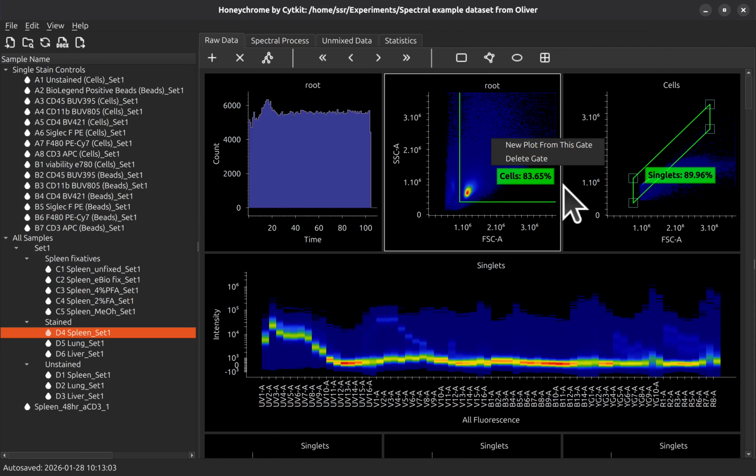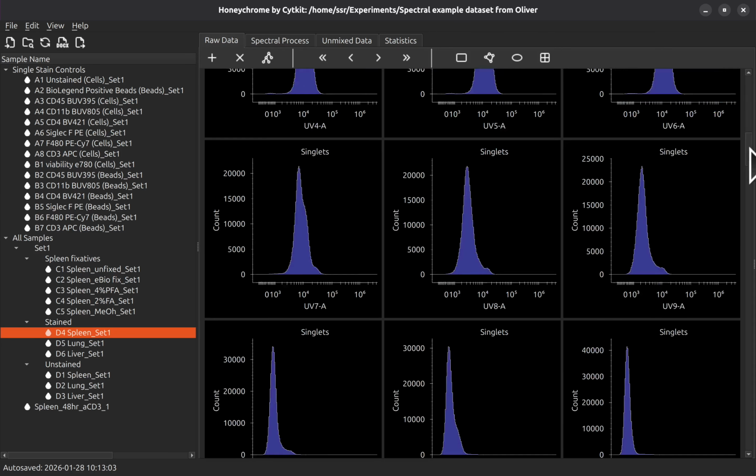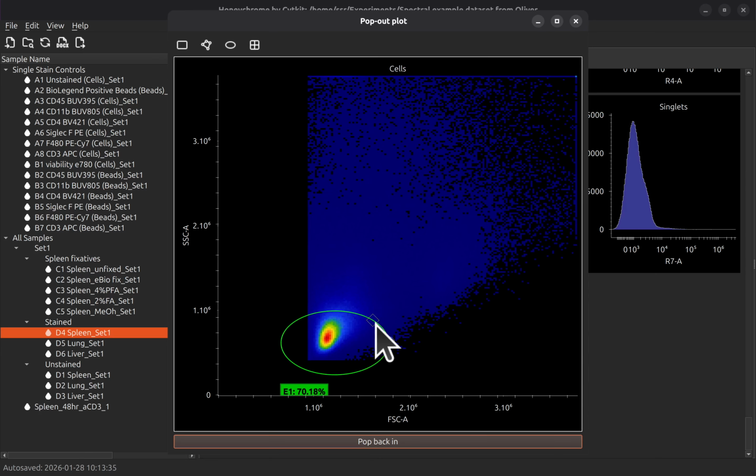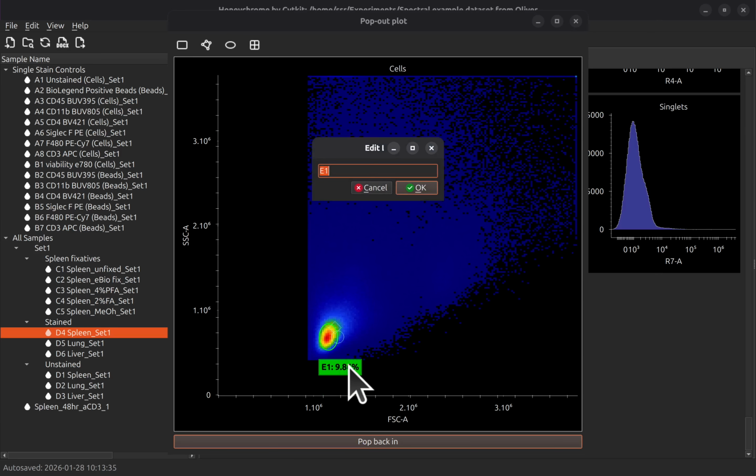To do that, I'm going to define a new morphology plot and put, say, well, let's pop it out to make it easier, and the unstained negative will just be these, or sorry, it has to be marked neg unstained,